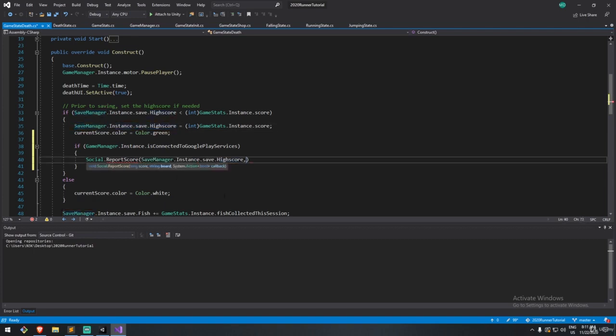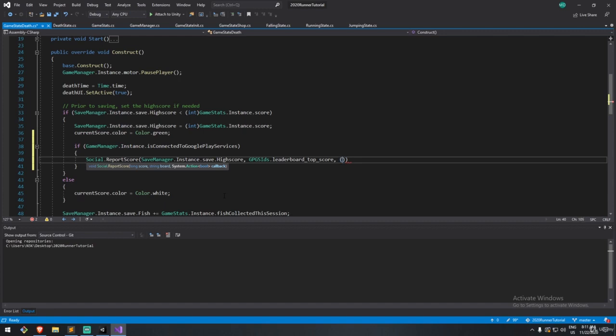This is a score, and then it takes in a string. Now that string is exactly what you have under the constant class that we've created earlier. That class was called GPS ID in our case because we did not change the name, and we're reporting to the leaderboard top score. You'll find it right here, CGKLX, that's the string. You could also type it in manually, but we have the constant class here, so might as well do that. And then after that, you get to have an action, a callback here